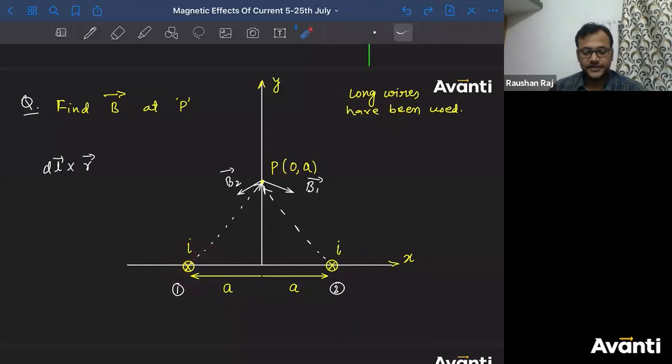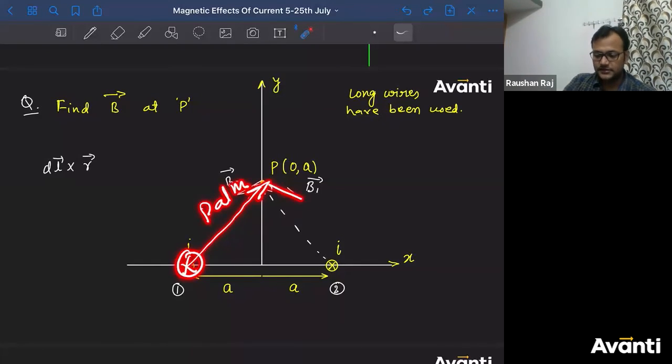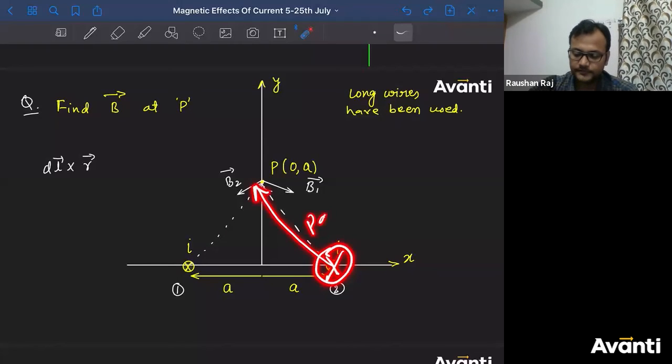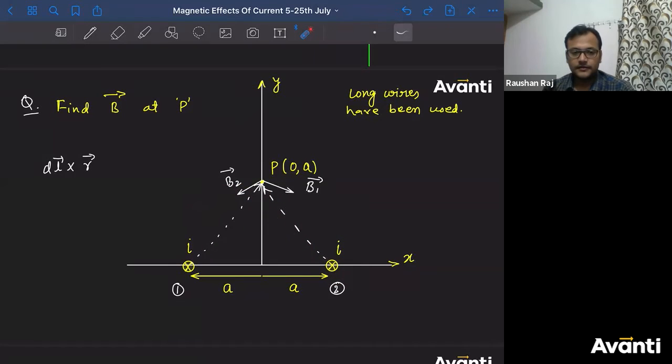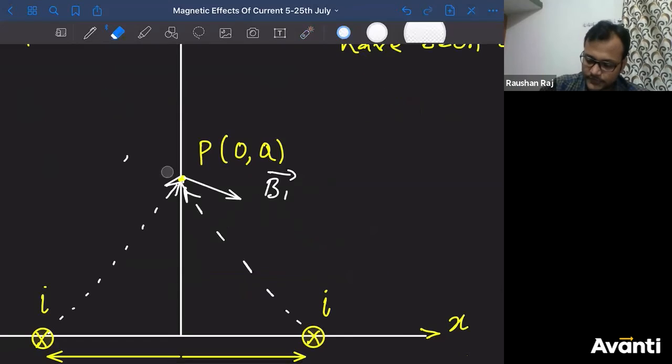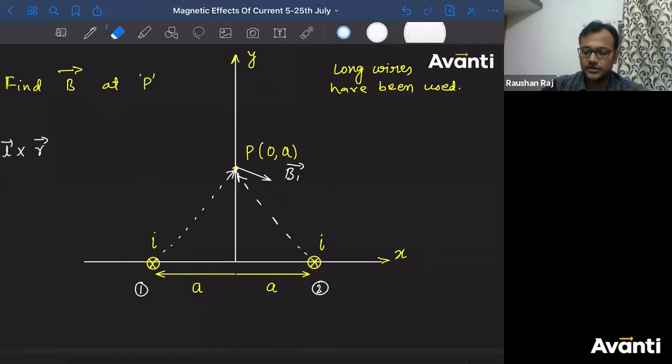ठीक है? In such a way that palm should be facing towards R. Finger is into the plane. This is the palm. So what will be the direction of thumb? This will be the thumb direction. Same goes for this one. Direct your right hand fingers into the plane. Palm should be towards R vector. So thumb will be in this direction. Thumb will not be in this direction, guys. गलत है. This is wrong. Sorry, guys. Second part is wrong. Correct.